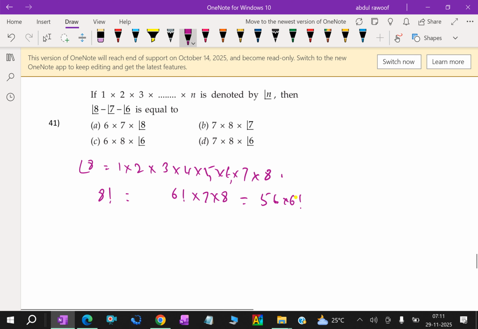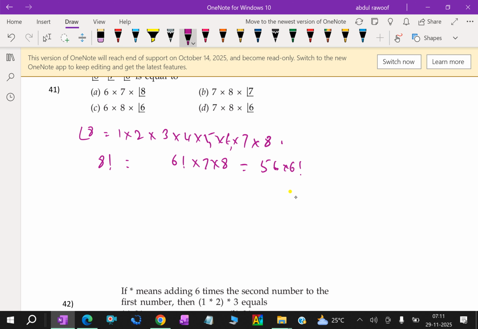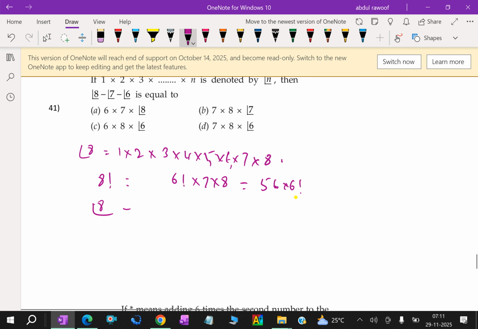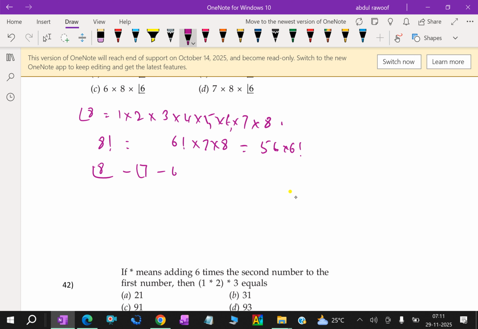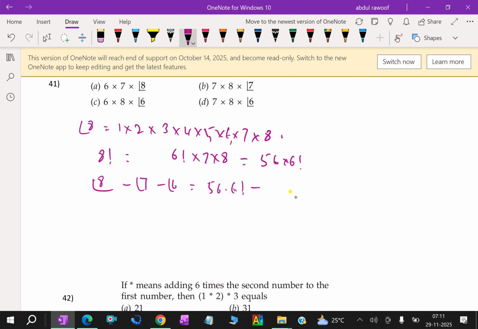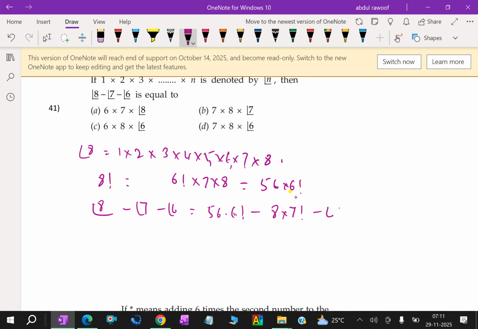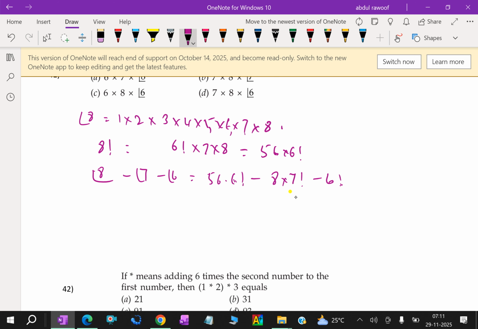Here, we need 8 factorial minus 7 factorial minus 6 factorial. 8 factorial can be written as 56 into 6 factorial, then 7 factorial, and the last is 6 factorial. So here 6 factorial is common: 56 minus